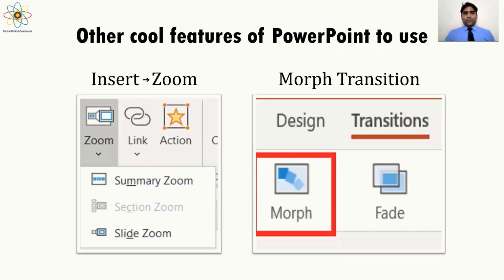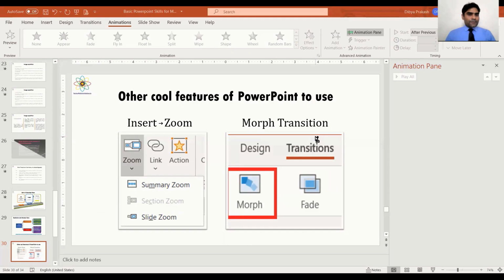Now there are two cool features in PowerPoint. There is a facility of zoom and the morph transition. Let's have a look at how the zoom acts. This facility I used in my presentation of quality accreditations. I show the roadmap